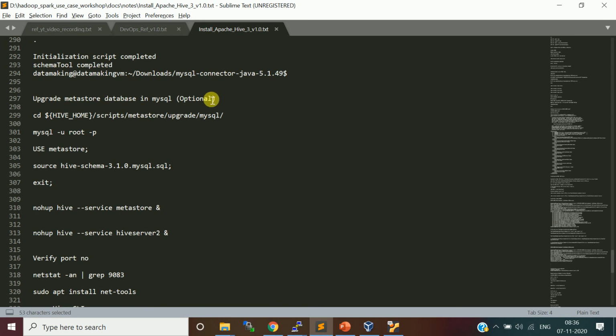This next step you can keep as optional. There is an upgrade MySQL script. To upgrade the Metastore database in MySQL, they are giving a script.